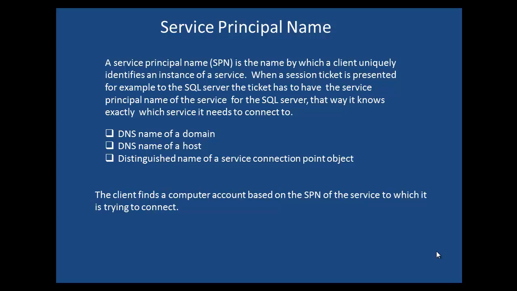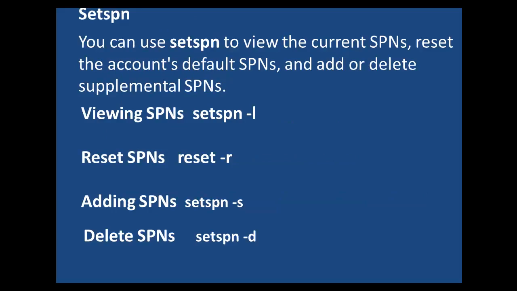The service principal name can come in the format of the DNS name of a domain, or the DNS name of a host, or the distinguished name of a service connection point object. The client finds a computer account based on the service principal name of the service to which it is trying to connect. Now, the service principal name is usually created automatically by many applications and services, but it can also